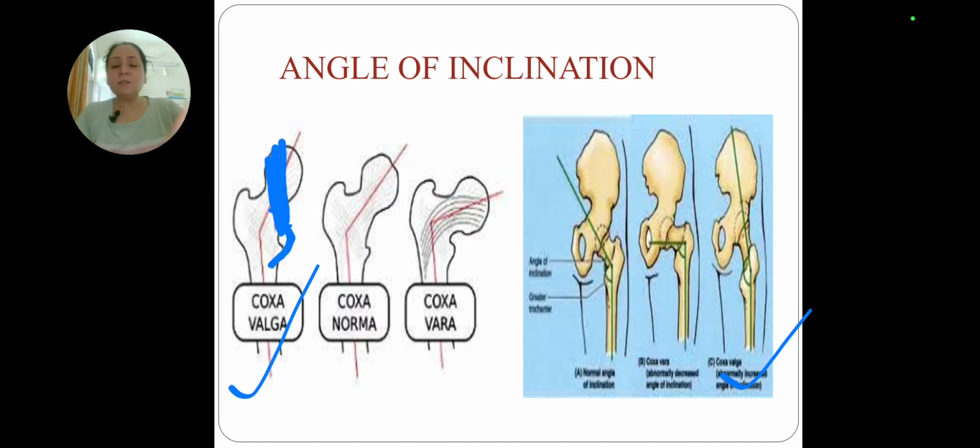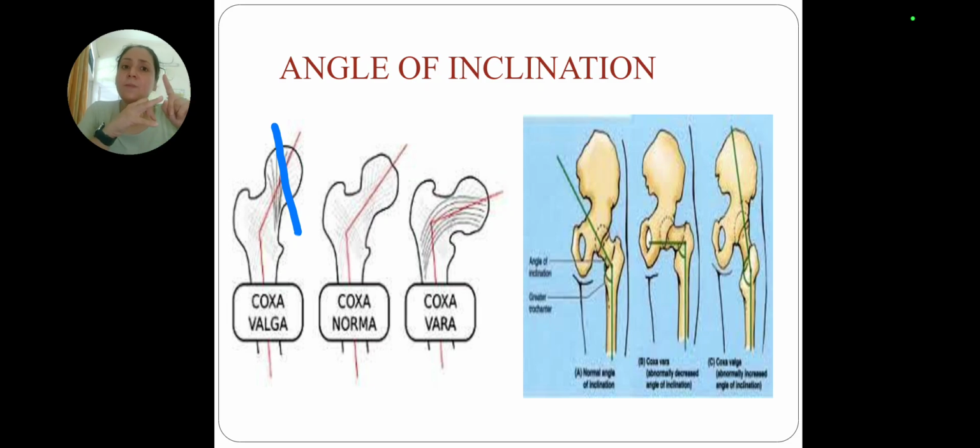The weight bearing line is weak, and so the trabecular system over here is also weak. Fine, this trabeculae, these lines, have also become weak. So there is an instability of the joint which is taking place because of the increase in the angle. Then the trabecular system has also become weak over here. The third thing which is important over here is that we have